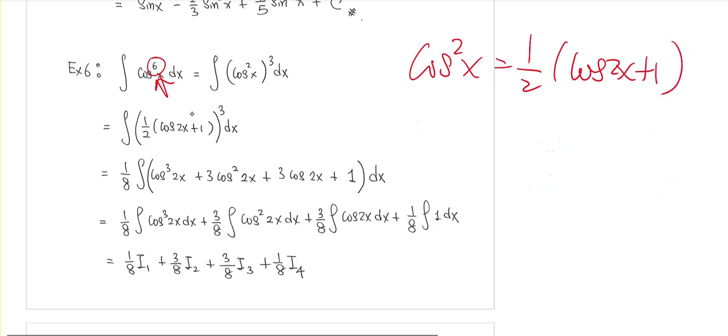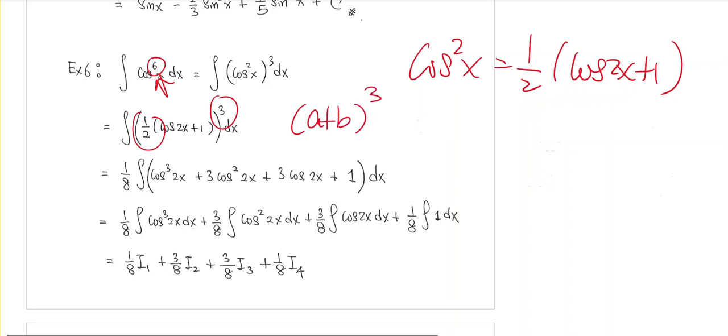So substituting this inside the cube, because you need to make a power 6. So we can change this to 2, and then you have the 3. All these things are going to give you power 6. So now you are just going to expand this using the binomial formulas, or something that you should know is